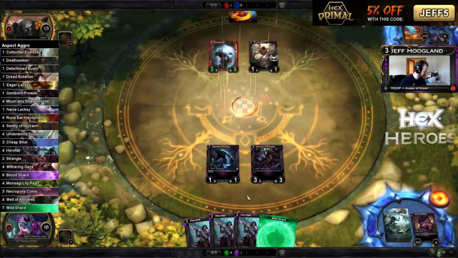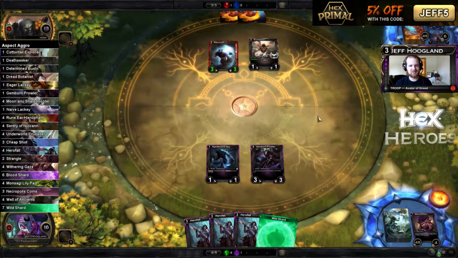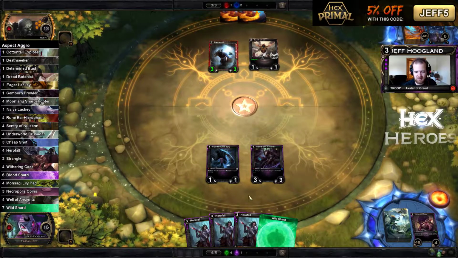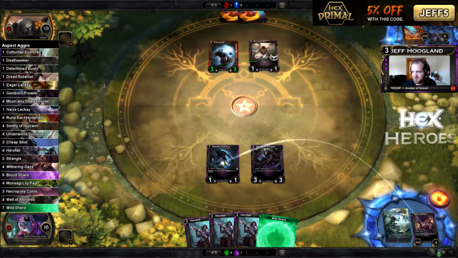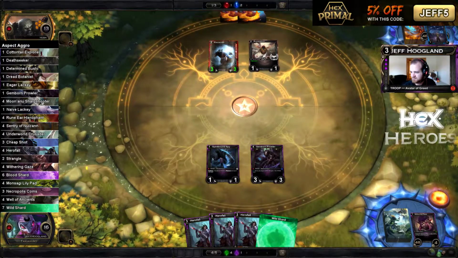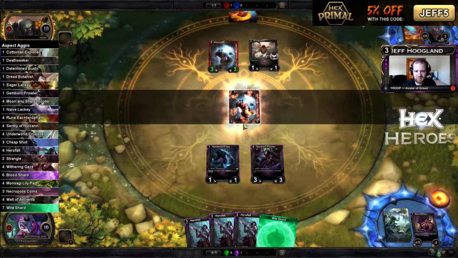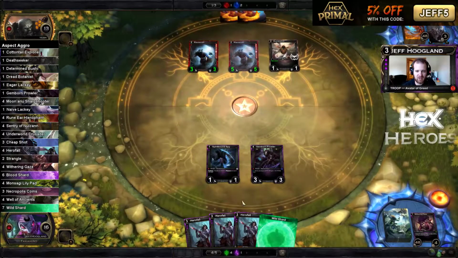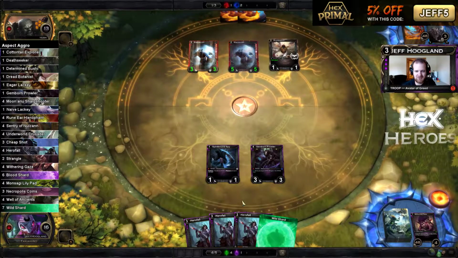Pass the turn back here. Their Bumblebot can start attacking here, at least until we hit a blood threshold and can sacrifice this to turn it into a phantom and draw a card, gain some life. They drew a Blamsmith. That's really good. Okay, so now we really need to draw a...